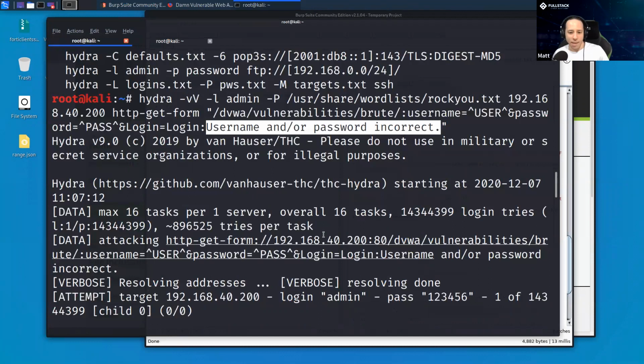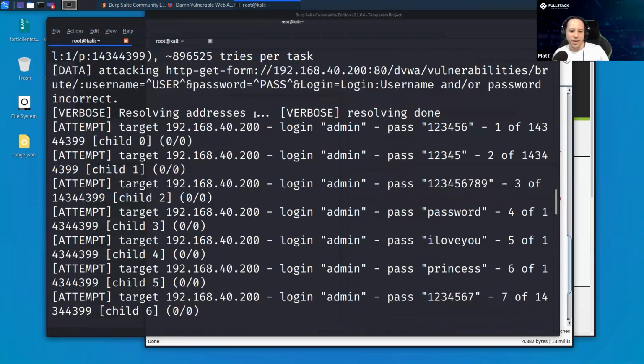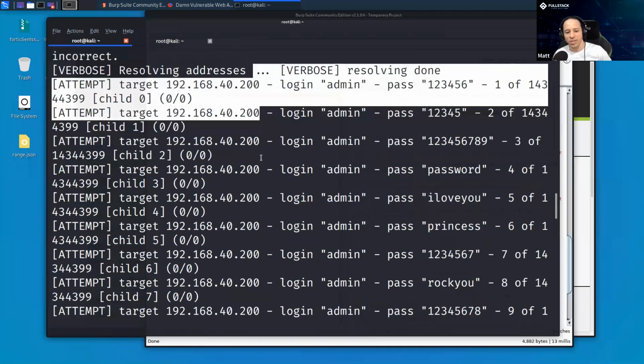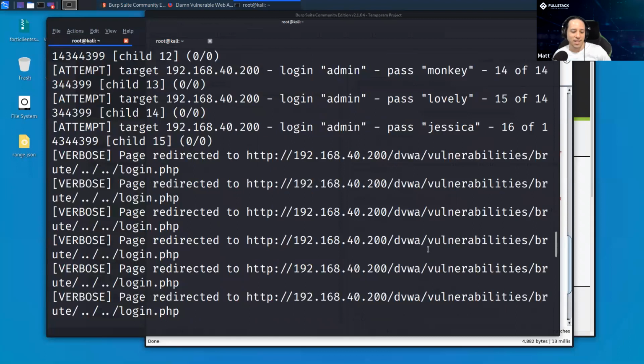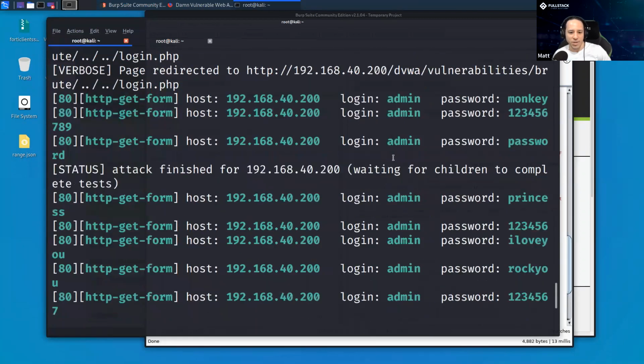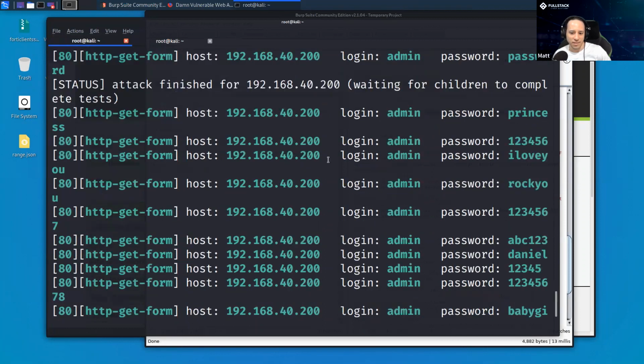Okay. What happens if you do Hydra wrong? Well, if you're very verbose, which you don't have to be, what you will see is it runs each of these attempts. Try to log in with admin and password 123456, 12345, 123456789, blah, blah, blah. It tries this. And then you'll notice here at the bottom, we got these that are saying that they work in green. How do I know that I did this wrong, firstly?